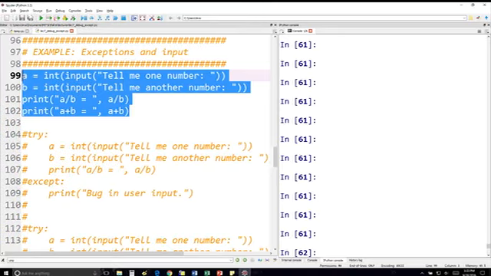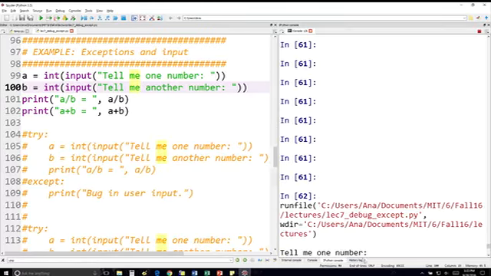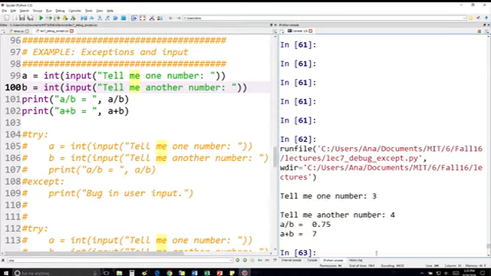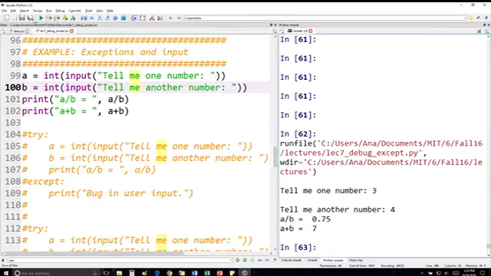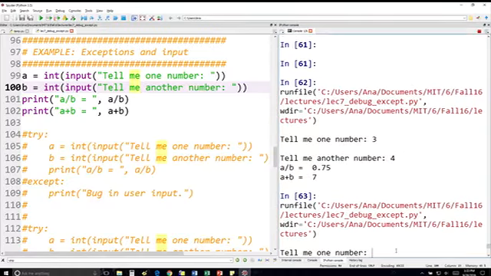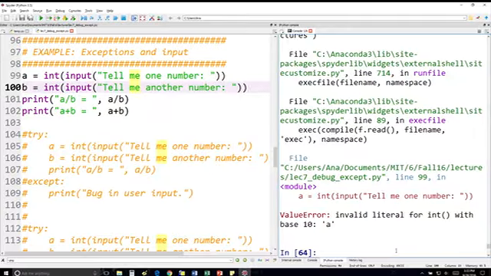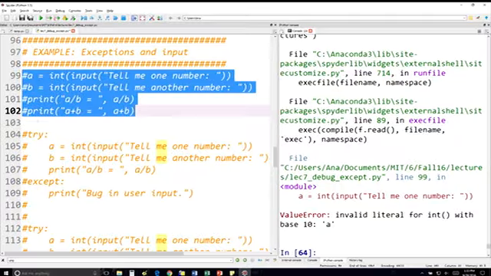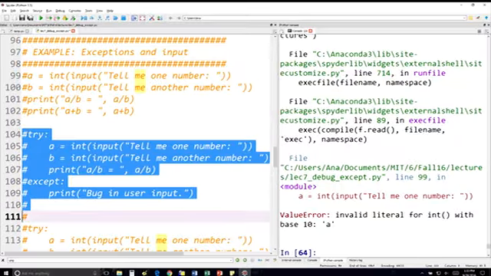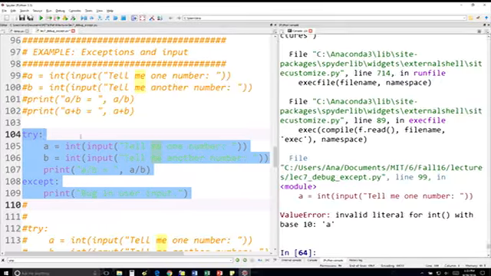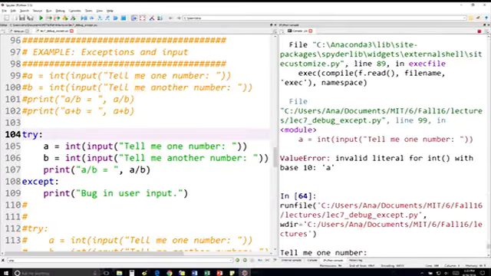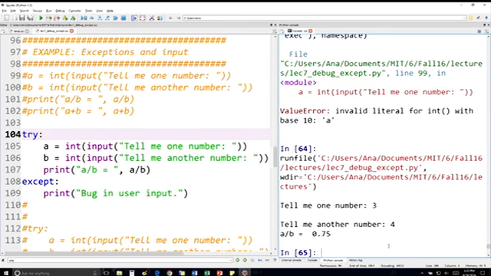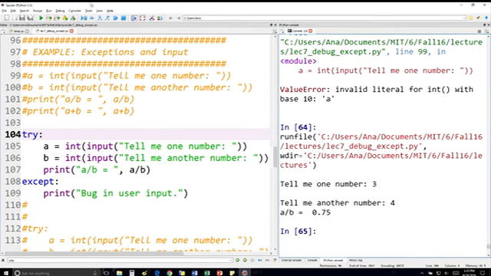this is the same code as in the slides, and there's no try except block around it. So if I run it and I say 3 and 4, it's going to run fine. But if I run it and I say A, it's going to give a value error. Okay? Now if I run the same piece of code with a try except block, I run it. If I give it regular numbers, it's fine. But if